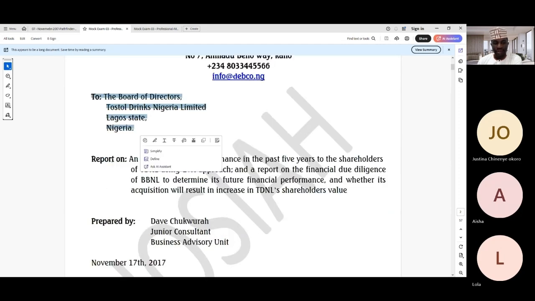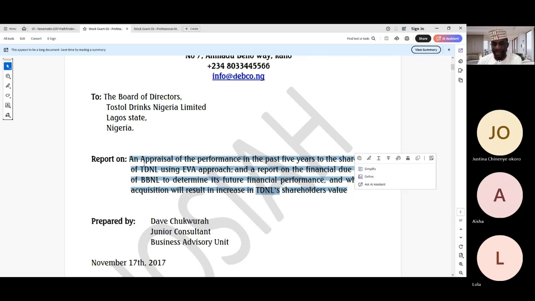Then the report should not be on requirement 1 and 2 or financial statement analysis or financial data analysis. No. State the requirements verbatim. It may be in summary form, but state it. You can say I stated an appraisal of the performance of the past 5 years to the shareholders of TDNL